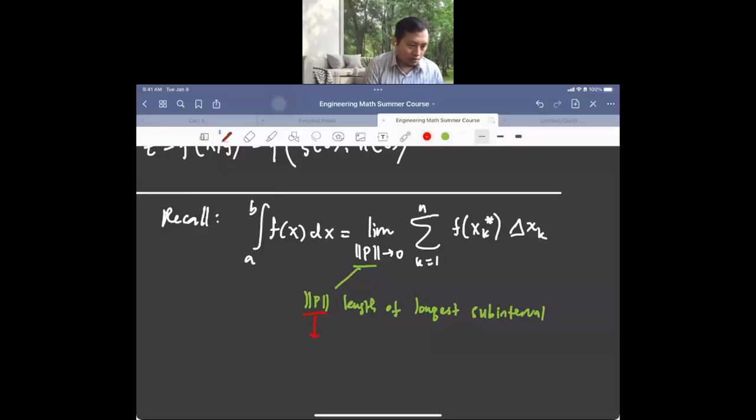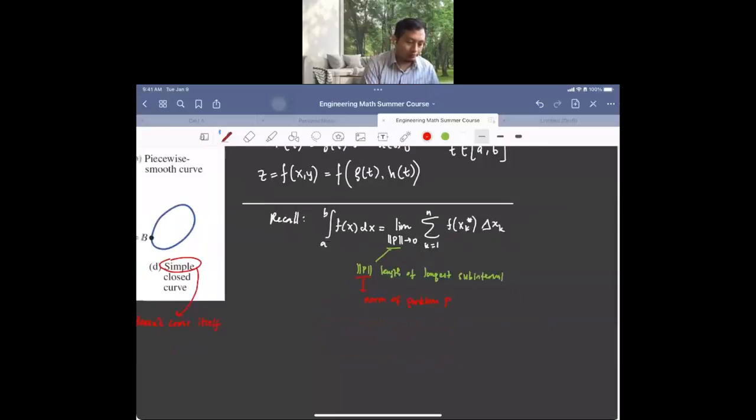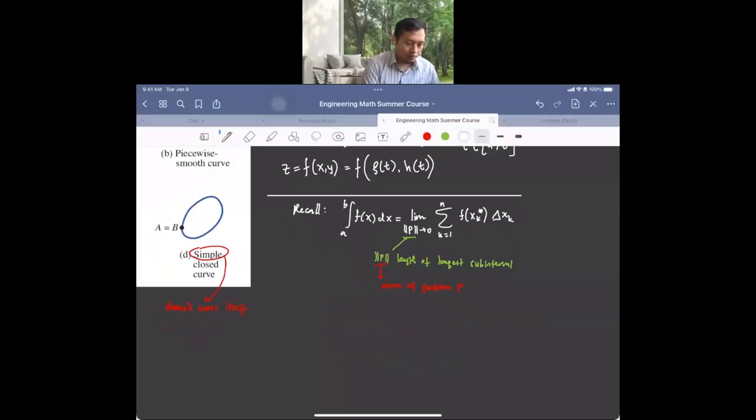We can also call this p the norm of partition p. But basically, it's the same thing as we did in our calculus 1. Okay, now recall this,